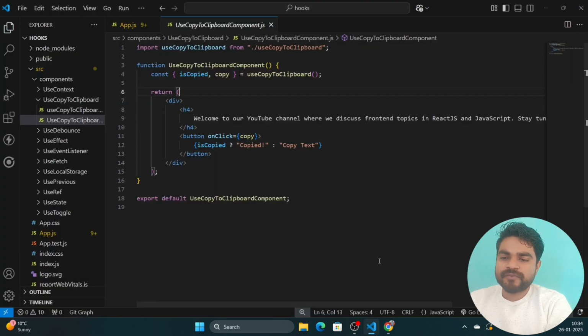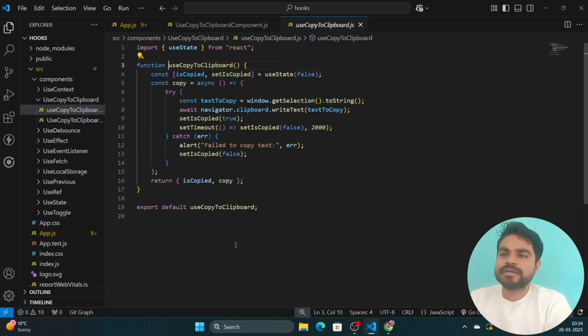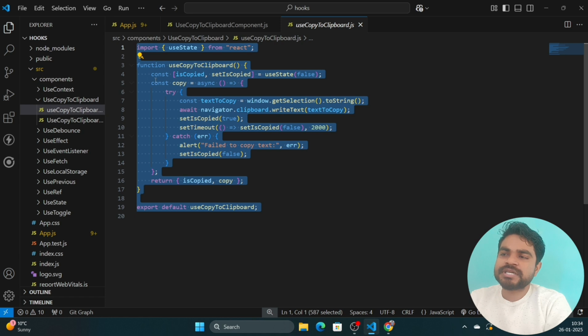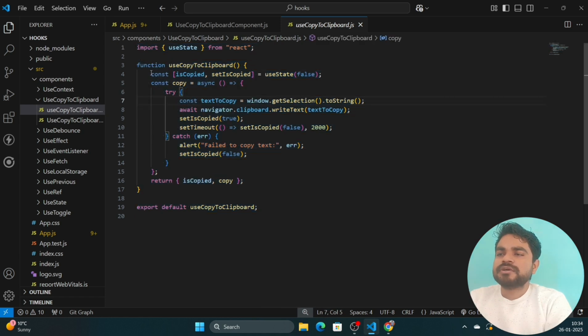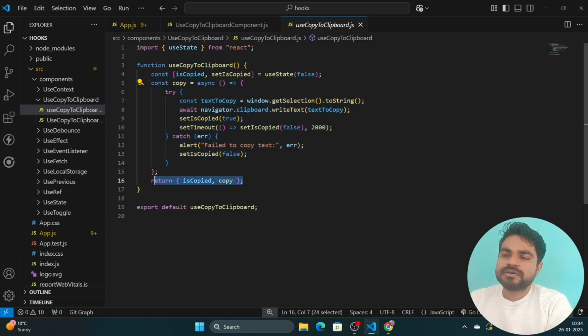So how does it work? We call that hook, useCopyToClipboard. Let's go to this hook and see the exact logic. We first create a state named isCopied, a boolean value that we use as a flag to tell us whether our data is copied to the clipboard or not. Now we create a function which we return from this hook.